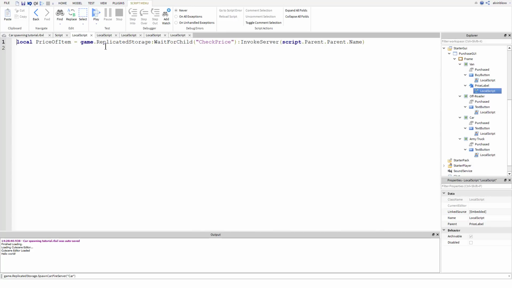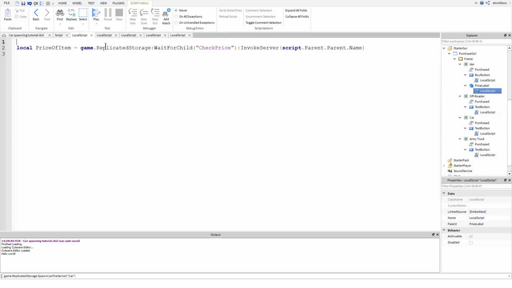So we've now got the price of our item. I'm going to add a quick wait here, just to make sure that everything's loaded and ready. And then we can say script.parent.text equals price of item.